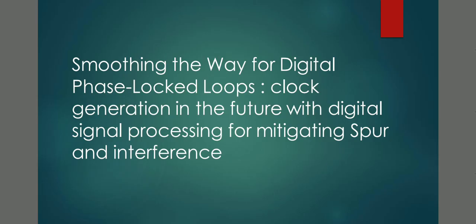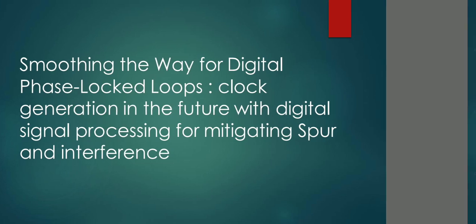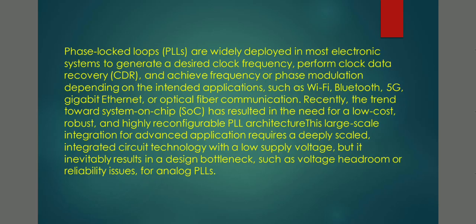My topic is the way for digital phase lock loops clock generation in the future with digital signal processing for mitigating spur and interference. Phase lock loops are widely deployed in most electronic systems to generate a desired clock frequency, perform clock data recovery, and achieve frequency or phase modulation depending on the intended application such as Wi-Fi, Bluetooth, 5G, gigabit Ethernet, or optical fiber communication. Recently, the trend toward system on chip has resulted in the need for a low cost, robust, and